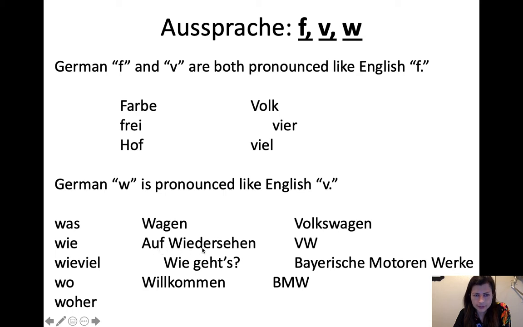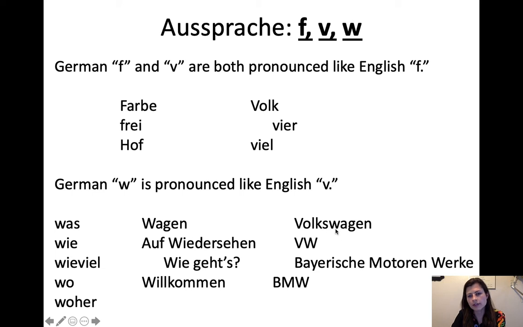auf Wiedersehen, wie geht's, willkommen, Volkswagen, VW, Bayerische Motorenwerke, BMW. So Volkswagen is a good way to remember both of them because Volk has the F sound of the